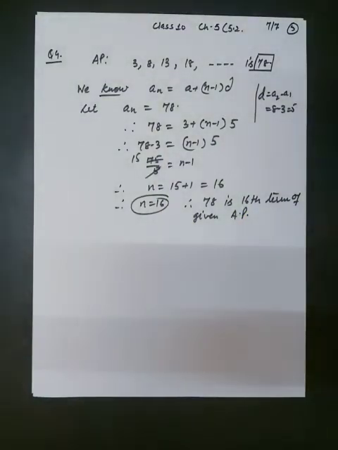अब यही क्वेश्चन बेटा थोड़ी सी वर्डिंग चेंज होकर आ सकता है. Is 78 a term of the given AP or not? मीनिंग आपको चेक करना है कि 78 गिवन AP की कोई टर्म है या नहीं. तो उसके लिए भी सेम सॉल्यूशन होगा, बट उसमें अगर N की वैल्यू एक कंप्लीट नेचुरल नंबर की फॉर्म में आ रही है तो देन यस. अदरवाइज अगर N इज इन फ्रैक्शन या इन अ नेगेटिव नंबर देन आंसर विल बी नो.